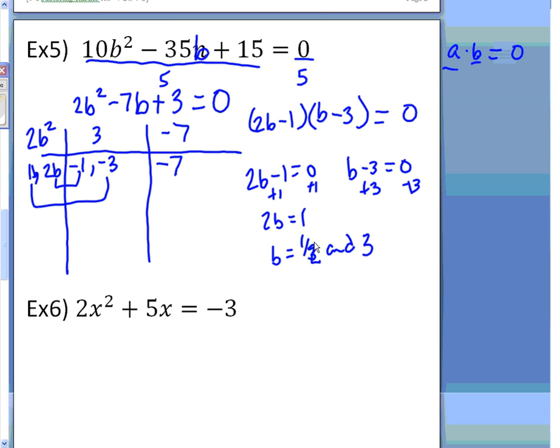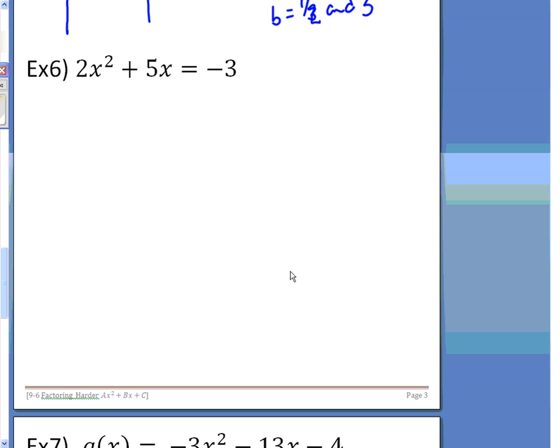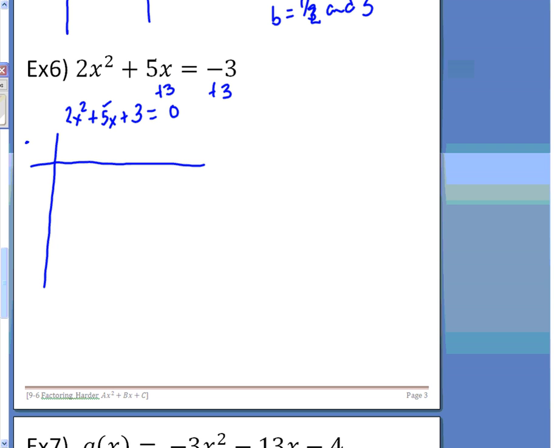All right, let's try another problem. In the next problem, I need to first make it equal to 0. So my first job is to bring the 3 over, right? And I end up with 2x squared plus 5x plus 3. Okay, equals 0. All right, go ahead and set up our table for this to factor it. This is going to be a pretty easy one. 2x squared, +3,